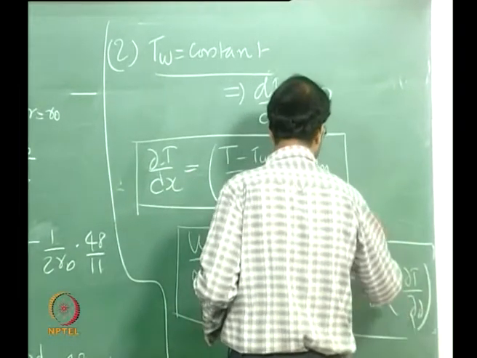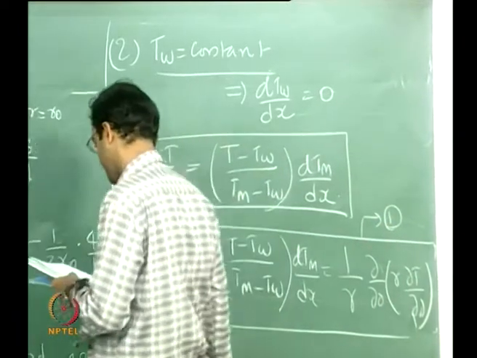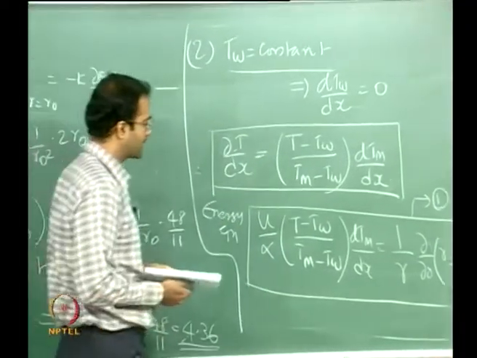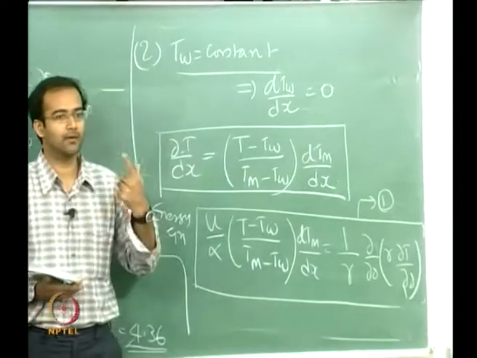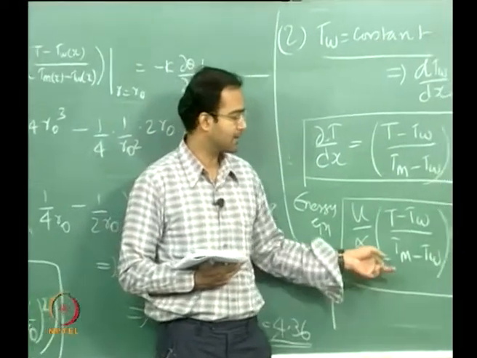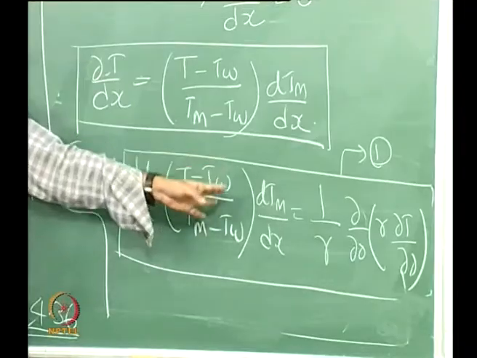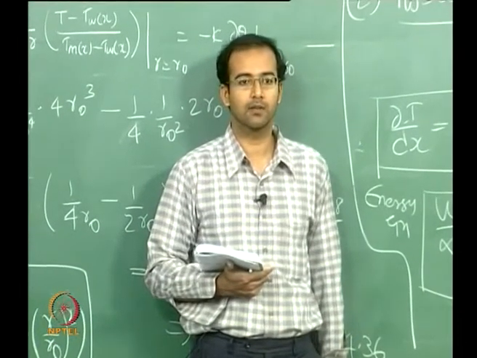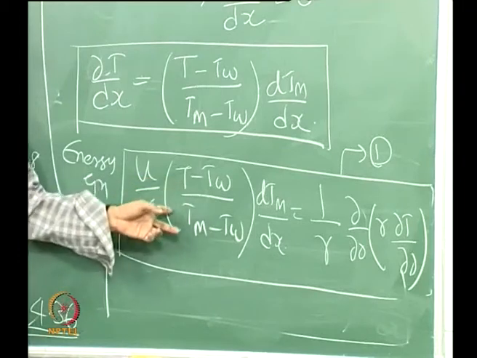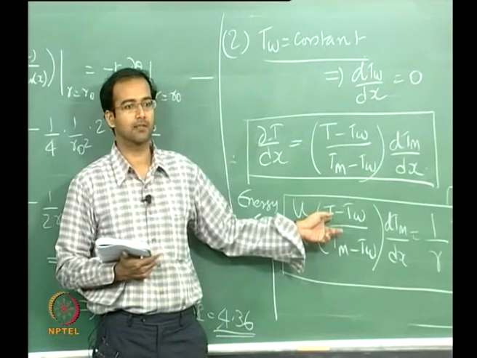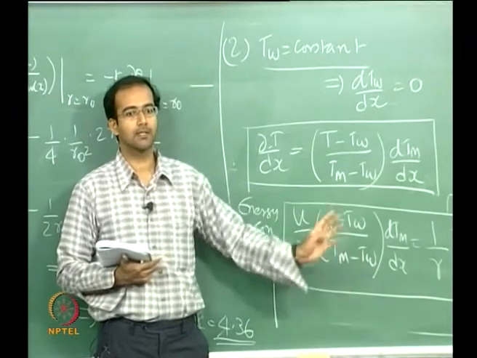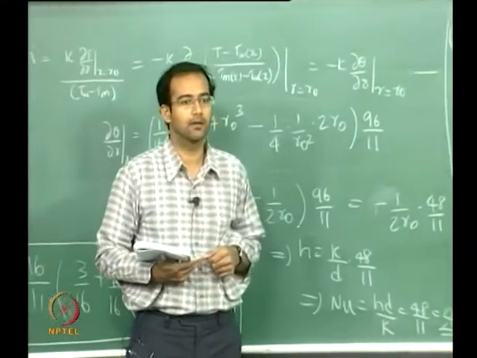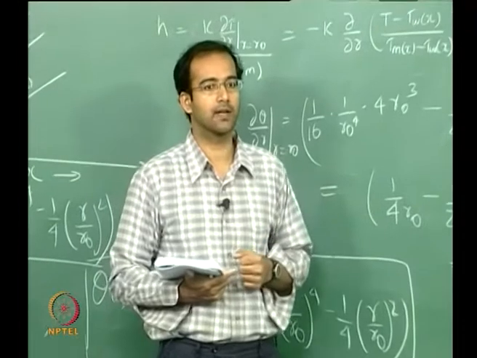Let me call this equation number 1. This is the energy equation which you need to solve to find the temperature profile. Now the problem with this is that earlier, when you had constant heat flux, the left hand side was completely a constant, you had only dTm by dx, which again was a constant, therefore you could directly integrate it out. Now you have T minus T wall by Tm minus T wall. T is actually not a constant now, so this entire expression cannot be solved analytically the way that we did in the last case. So we have to do it numerically and also iteratively.